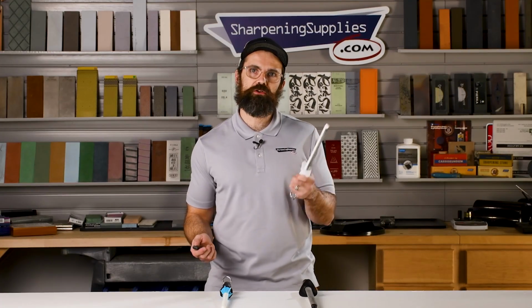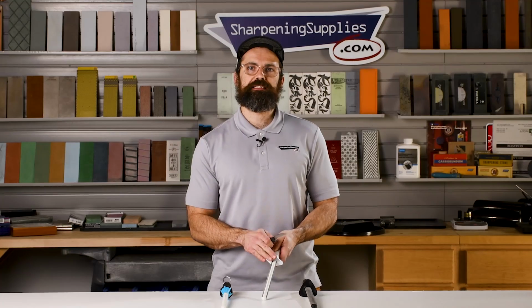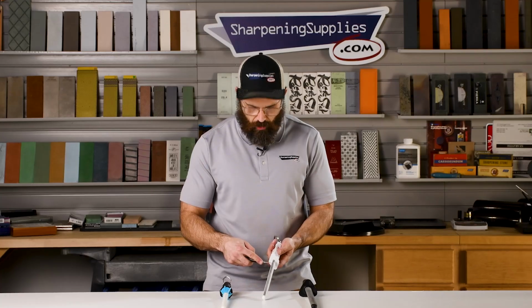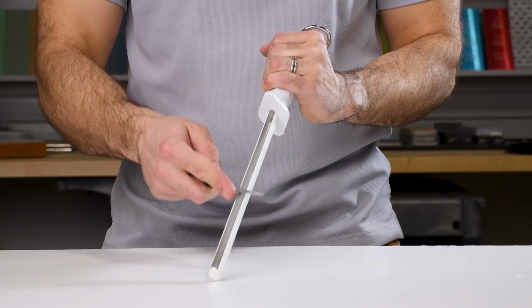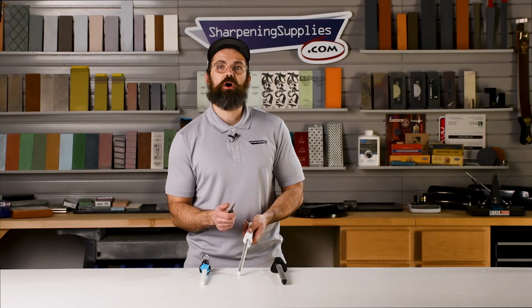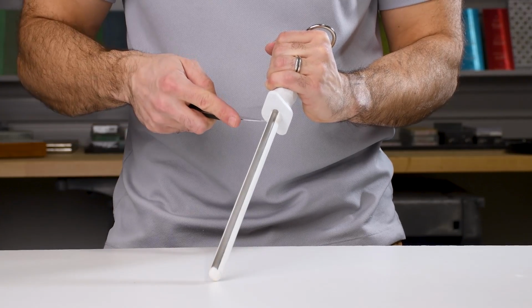Hold the honing rod in your non-dominant hand and rest it on the work surface so it's nice and steady. Then we're going to lay the knife on the abrasive surface, making sure that we're matching the angle that exists on the bevel. And then we're going to move the knife down the rod, making sure we're getting the whole length of the blade. And we're going to repeat that process until we've raised the burr along the whole length